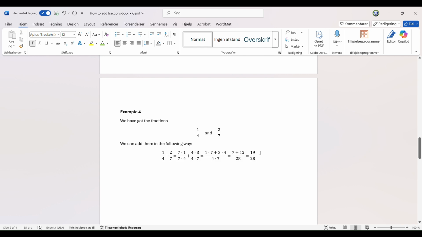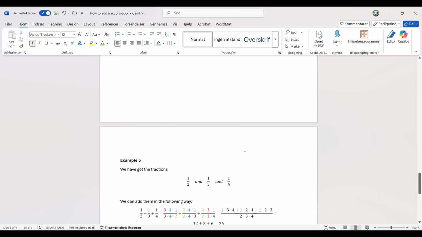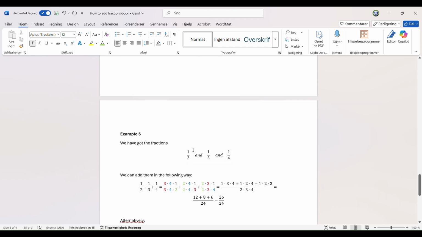So this is our fraction in the end by adding these two together. And then we've got a fifth example. Now we've got three different fractions. We've got the first one, the second, and the third one here. Our first, second, and third. And we want to add them together, so 1 divided by 2 plus 1 divided by 3 plus 1 divided